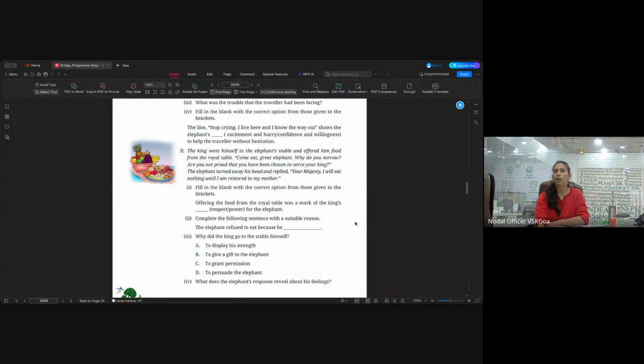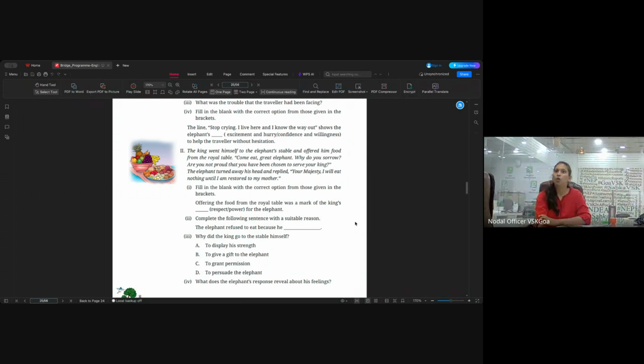The child knows in what context the question is being asked, so in what context he is expected to answer. Then you have: complete the following sentence with a suitable reason. The elephant refused to eat because he perished. All right. So again, the child is forced to think, to analyze in the shoes of the elephant. In fact, you'll see another activity that follows. You literally have the activity wherein each child is supposed to get into the shoes of each character. And then what does he think? What does he feel? So along with sensitizing the child, along with coaxing the affect of it, you are enabling the child to express what he feels and she feels. But we're doing a lot of it in writing as well.